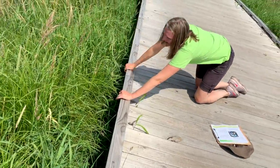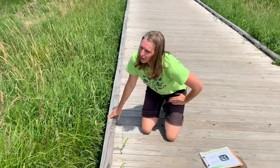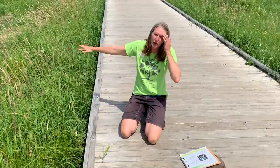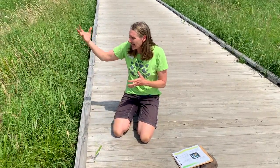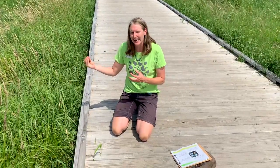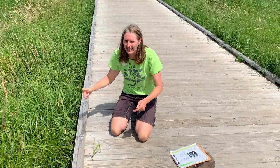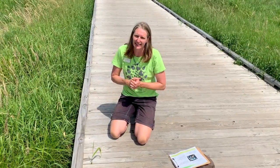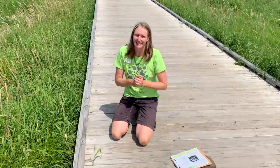Lots of critters in the water in this habitat. Also, please keep in mind that underneath not just the boardwalk, but underneath this whole wetland is an amazing system for filtering water. And those green plants are taking in carbon dioxide, sinking the carbon into the ground. The oxygen goes back into the air for us to breathe. Interconnected systems. People enjoy this Blaine Wetland Sanctuary space for recreation and observation, but it's also a place of scientific